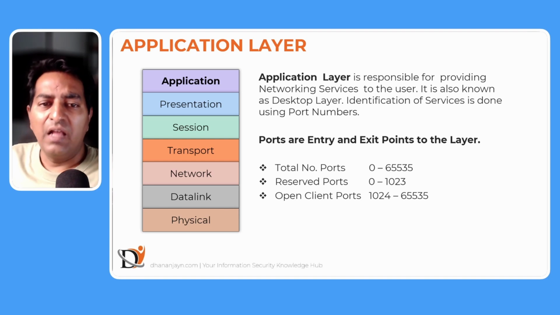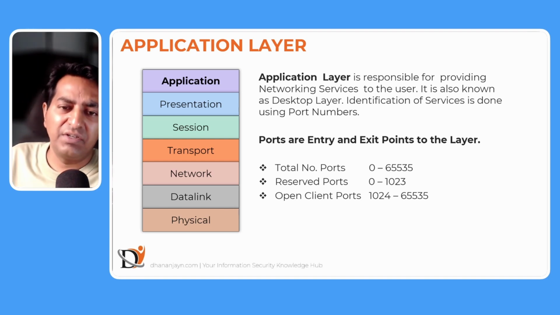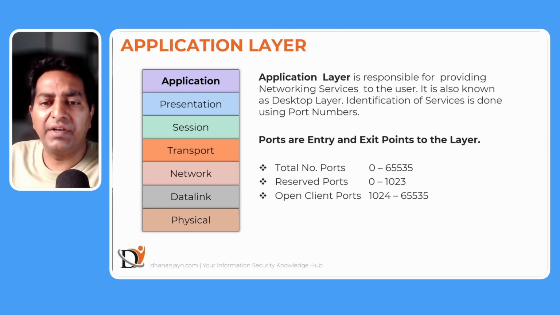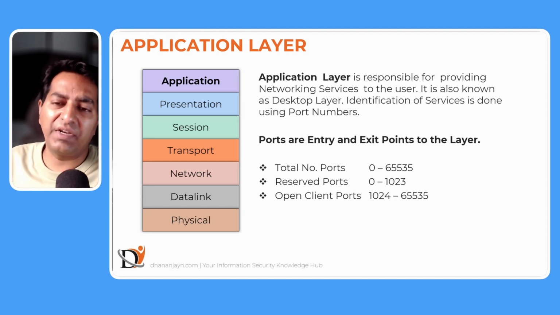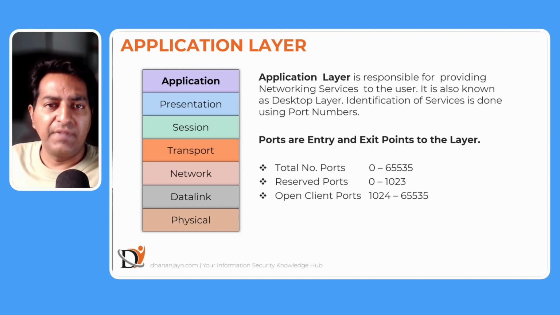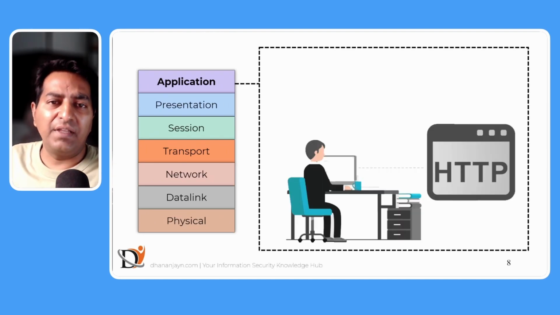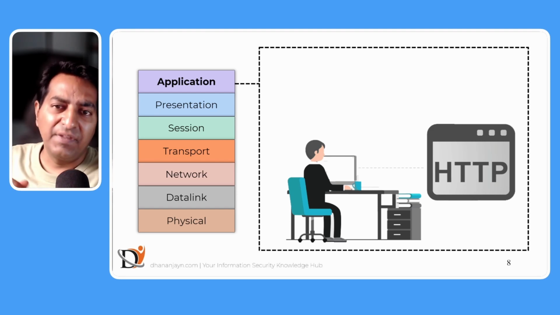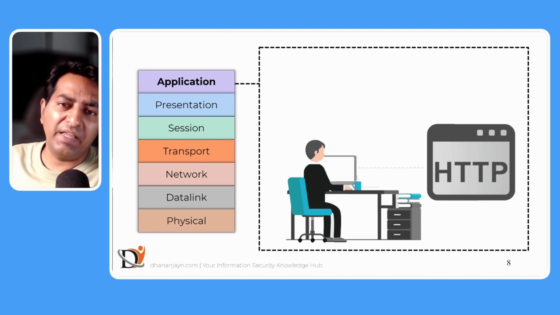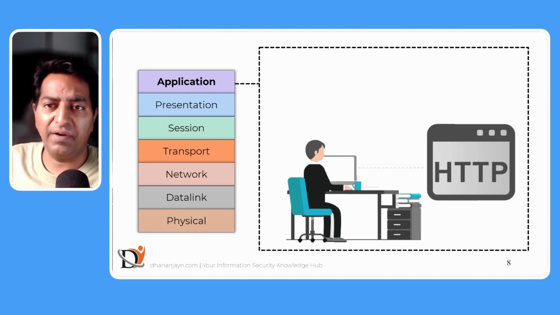So the main function of the application layer is to provide access to network resources. The application layer enables users access to various networking services such as file transfer, email, web browsing by utilizing different protocols like HTTP, FTP, SMTP, and DNS. So let's understand this from the applications standpoint. This is the layer that most users interact with and will recognize, right? Example, I have shown one user accessing a website using HTTP protocol. So the application layer provides network services to the end user. So these services are